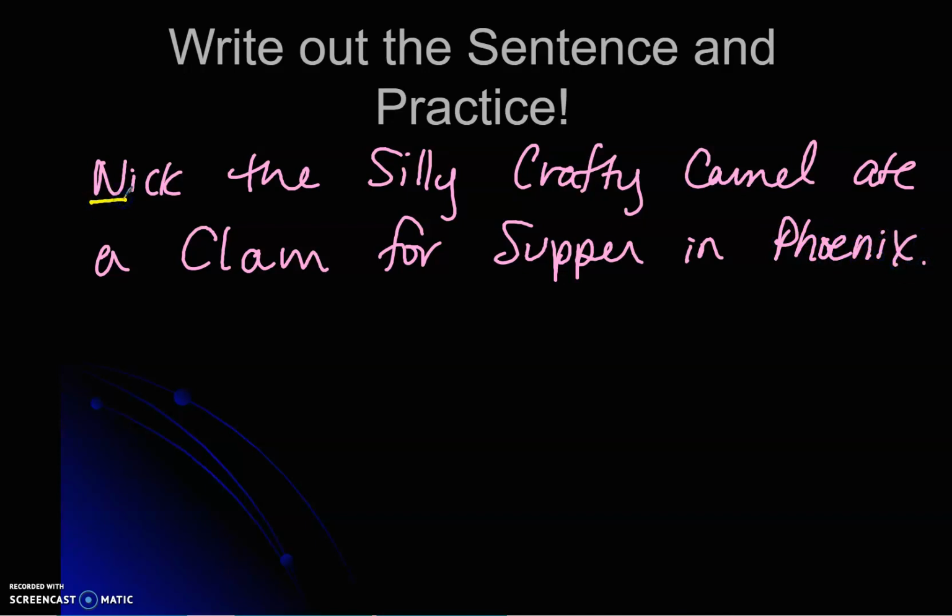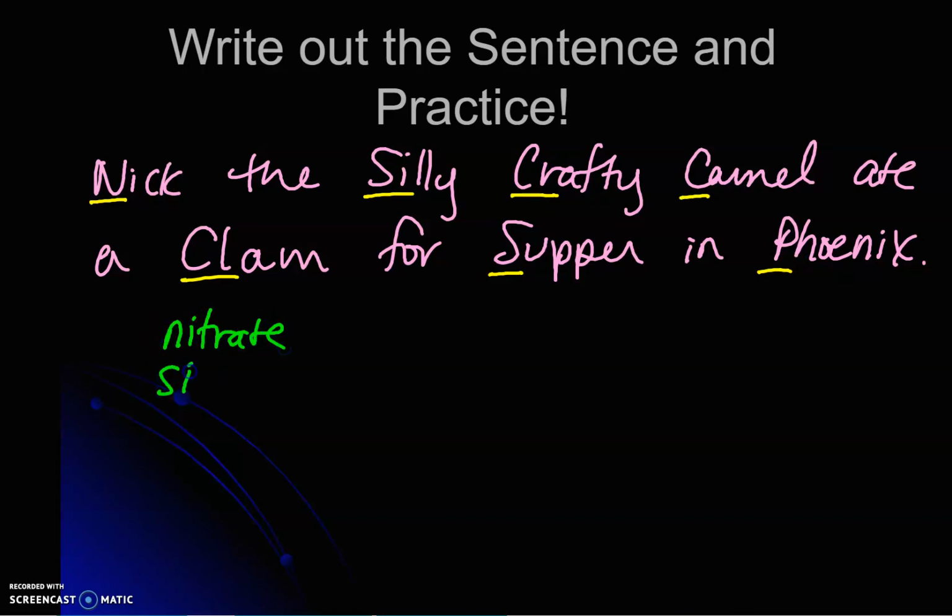Okay, Nick is for nitrate, Si is for silicate, Cr is for chromate, C is for carbonate, Cl is for chlorate, sulfate, phosphate. All right, and then you can go through and write out what nitrate is going to be,